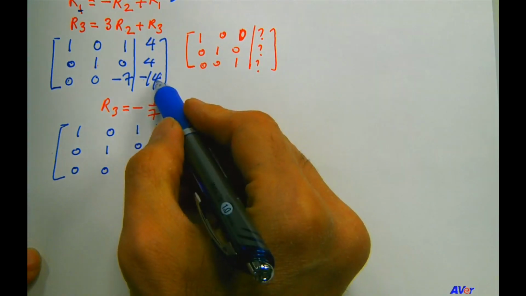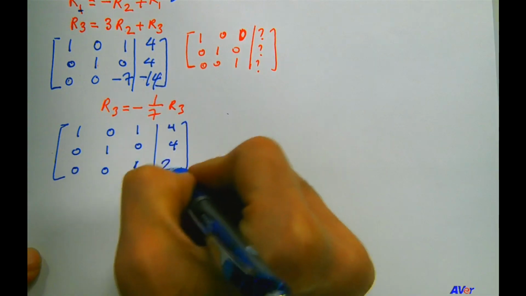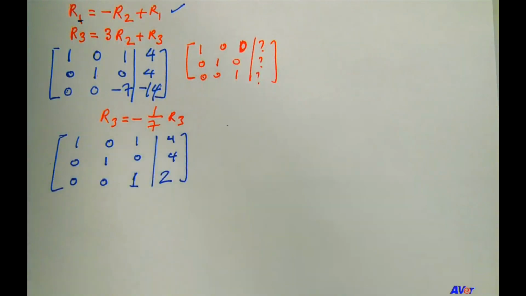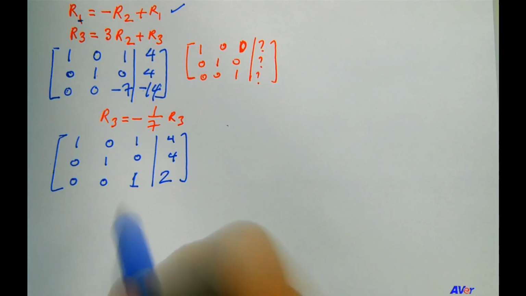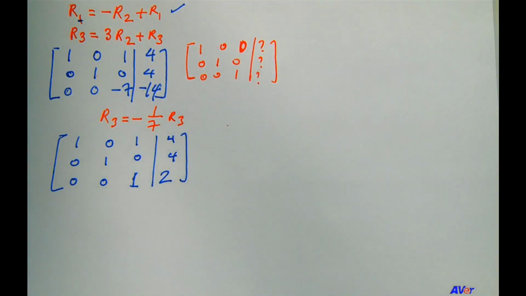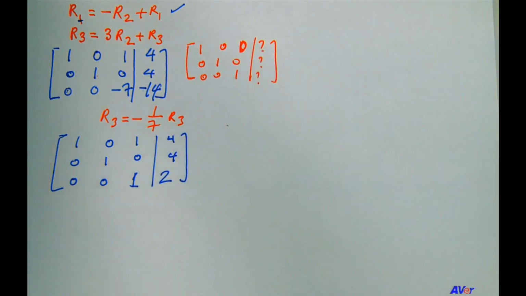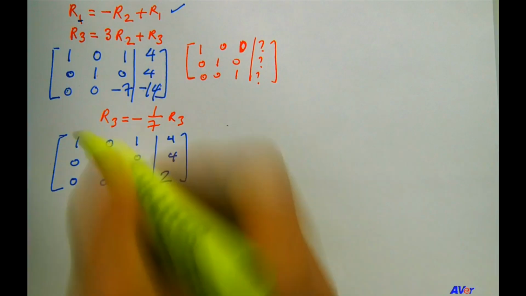-1/7 times -14, it's +2. Right? So compare this with the reduced row echelon form here. Did we obtain the diagonal 1 in that column? Yes, we did, right? Right there. We did that. As soon as you establish that, the third row